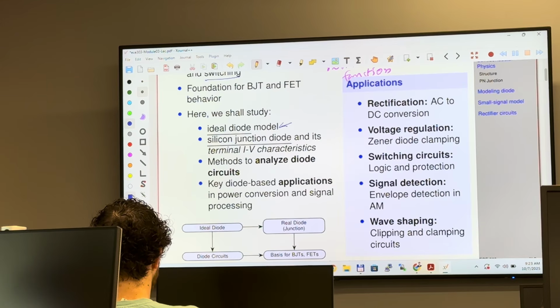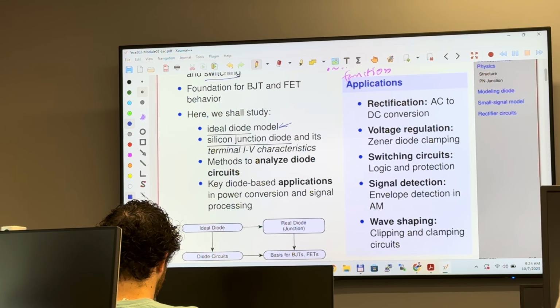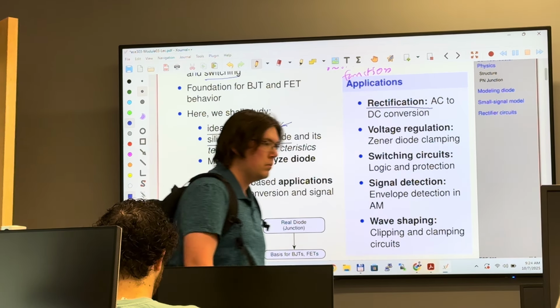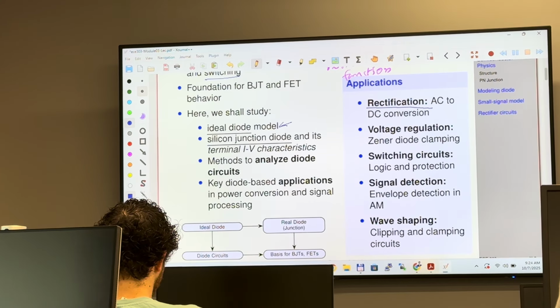These are basically applications of diode. These circuits are implemented using semiconductor devices called diode. Rectification is used to convert AC signal, the wall voltage, which is AC, to DC. So AC to DC conversion is